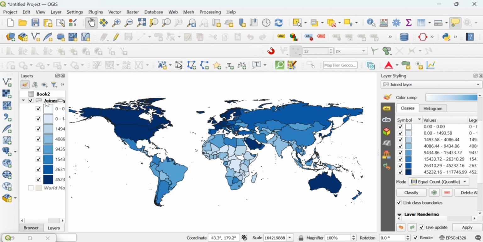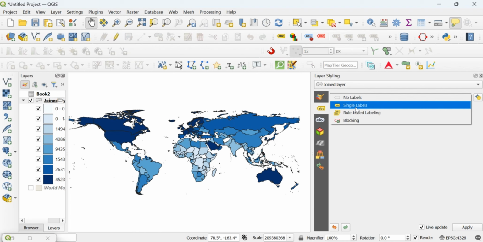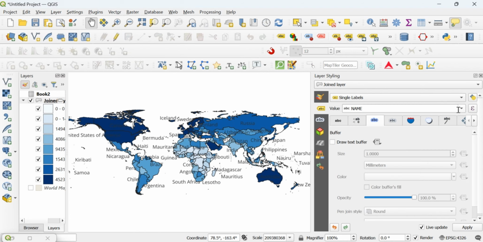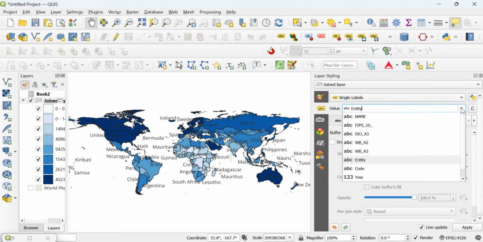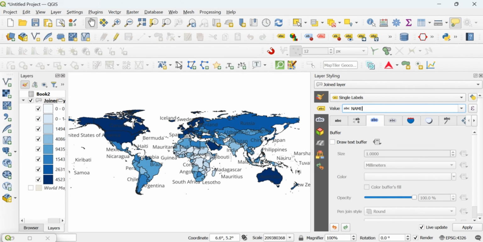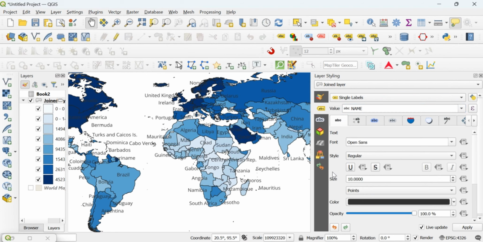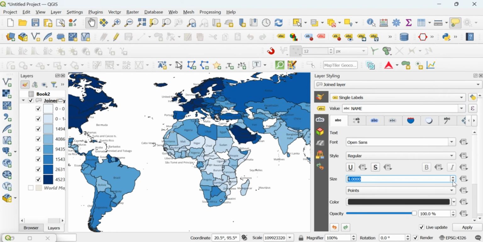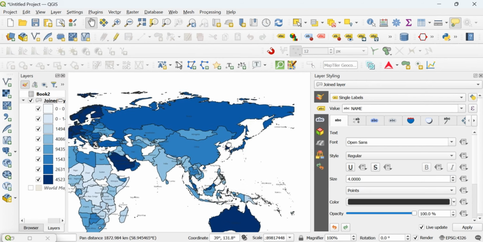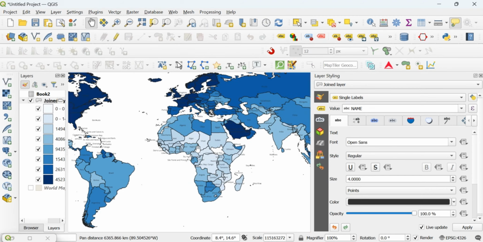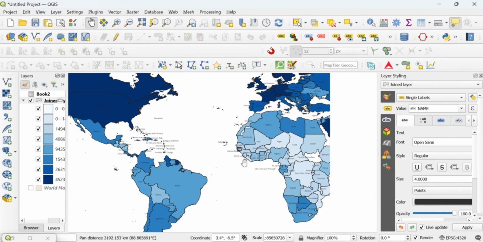The next thing maybe you would want to do is to at least bring in some labels, and it has the name or the entity name. Each one of them works. It's advisable to also do some editing with the labels so that they don't just cross over each other. So this looks a little bit okay.